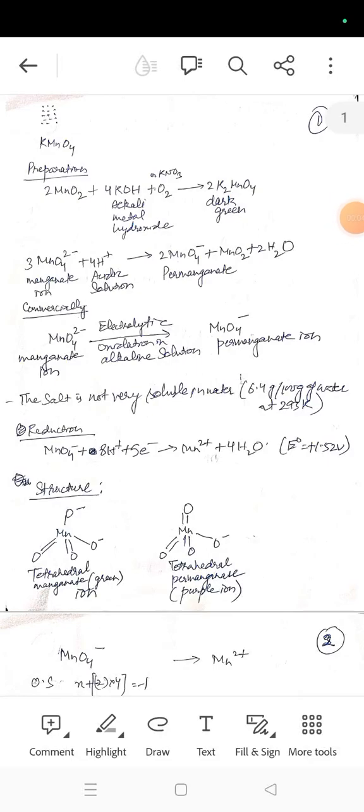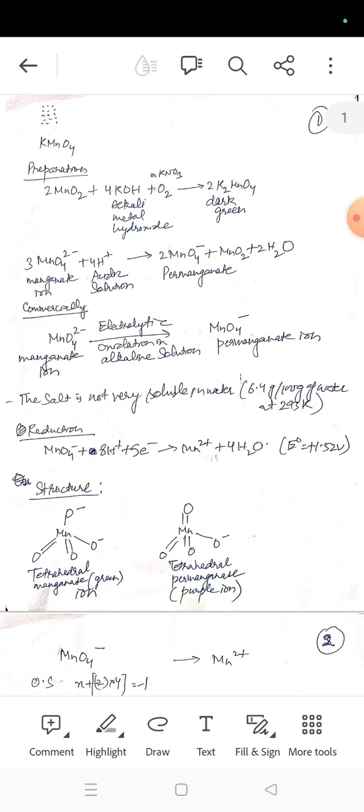KMnO4, potassium permanganate. Preparation reactions: MnO2 on reaction with alkali metal hydroxide, potassium hydroxide, in the presence of oxygen or KNO3 gives you K2MnO4, which is dark green in color. So this potassium manganate